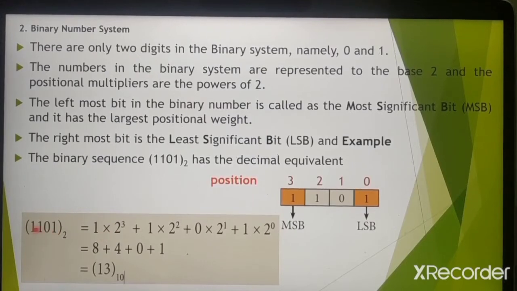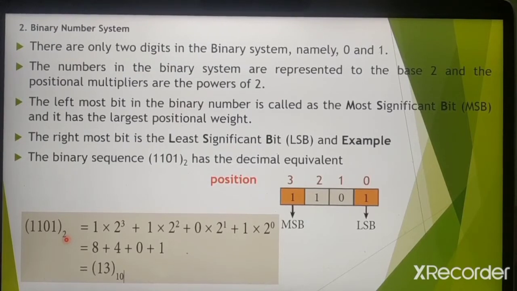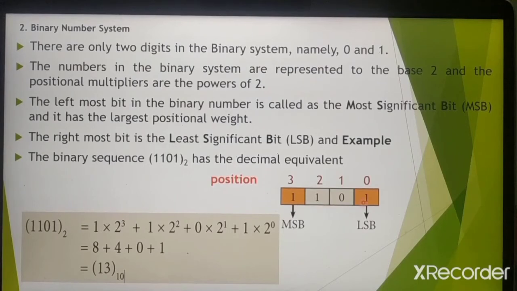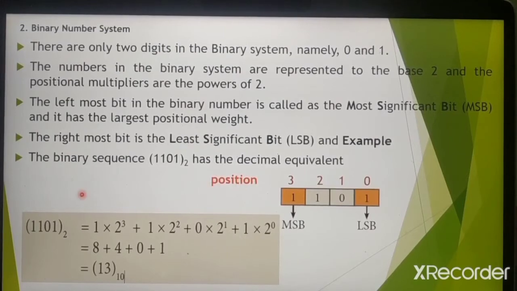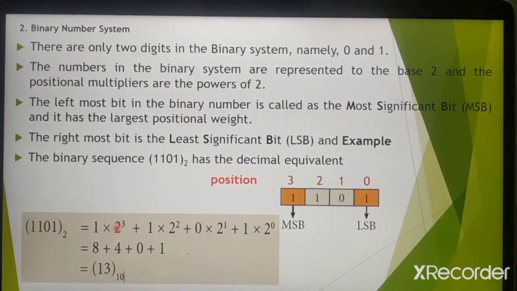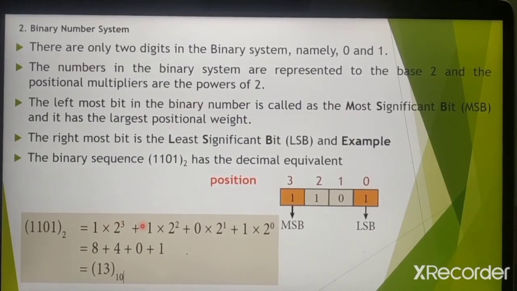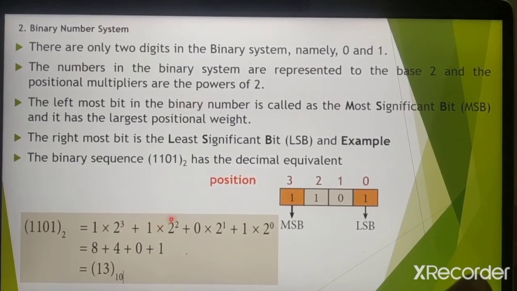Here we have to multiply each digit by its own position value as a power of 2. So here we have to consider 2 as the base value, because here we have only 2 numbers. First we have to consider its position. How to consider the position value? The position value is considered from right to left only. So for the rightmost digit we give the position value 0, next 1, 2, 3 like this. So first we take the first number 1 into its base value. Base value is 2. 3 means its position value is 3 only. Plus next digit, next bit 1 into base power its position value 2. Second position value is 2 only.